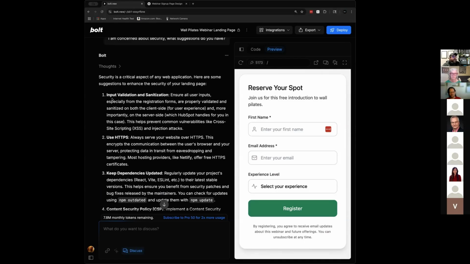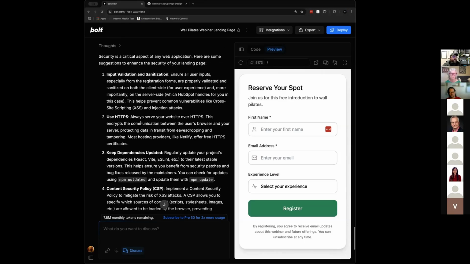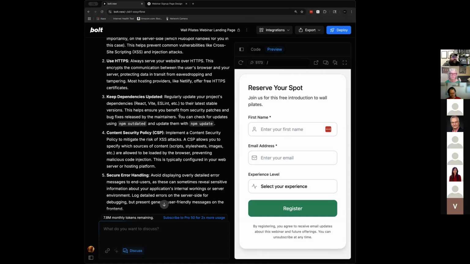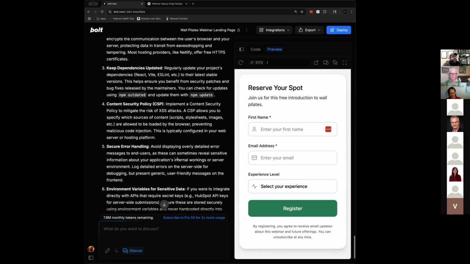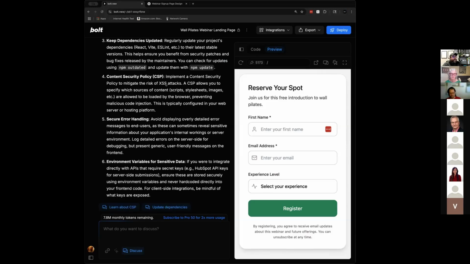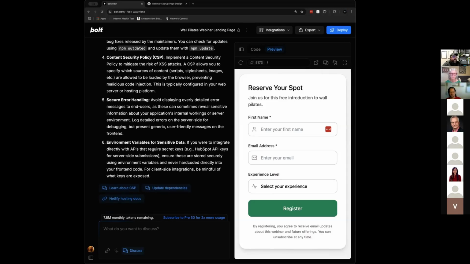And so here, look, it says: make sure your data coming in is validated, make sure you serve your website with a certificate, keep your dependencies updated so you're not introducing problems. There are other things that you can do. This is telling you just basics. But then you can actually switch this off and say, go for it, and it will go and introduce those things. I don't know how long that would take, so I haven't tested that here. I'm a little bit worried about doing it during our webinar, but you can do that.